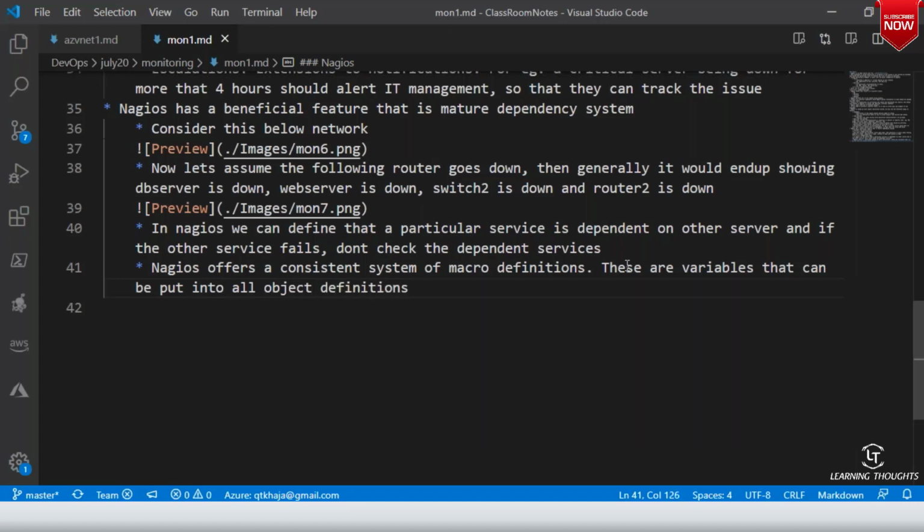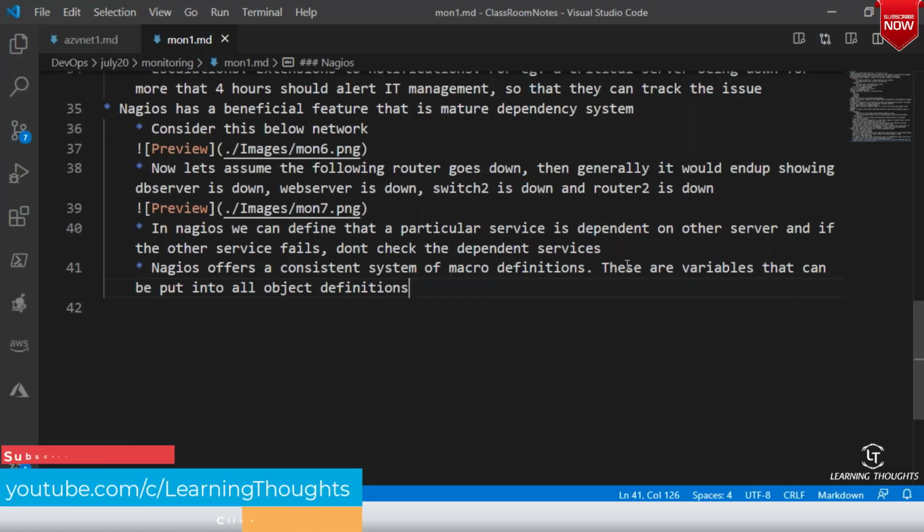So for example, if you want to create some kind of reusability, then you can define a macro. For example, if you want to use the IP address of the host to do all the remote checks, then you can put that information into different states by using macros, right?